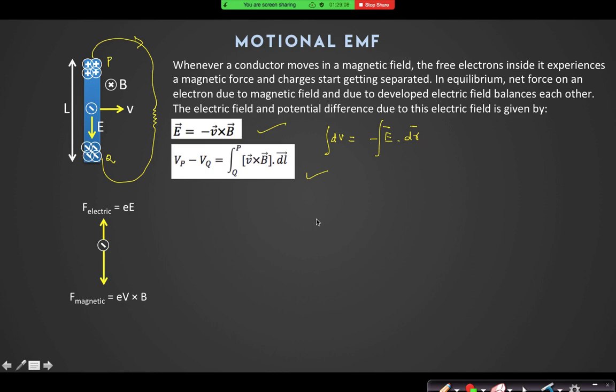Yes, sir. Now, you do not have to always use this equation, doing a cross product and dot dl. You can always find the direction of positive and negative charges by finding where the positive charges will move. If it were a positive charge, then it will move upward. So you always take upward to be positive and downward to be negative in this case.